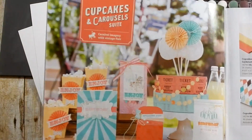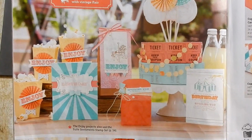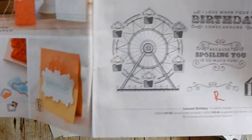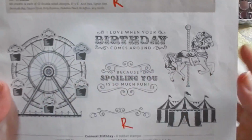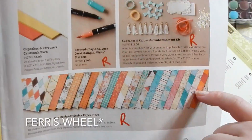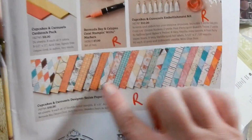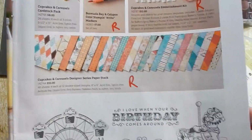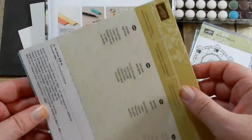So it's a beautiful suite. I just love the creations. Stamp set is really cool. I love the carousel. And then you have the gorgeous DSP with the embellishments. The DSP is $10, but since it is retiring, it is 40% off. So you can get a pack,